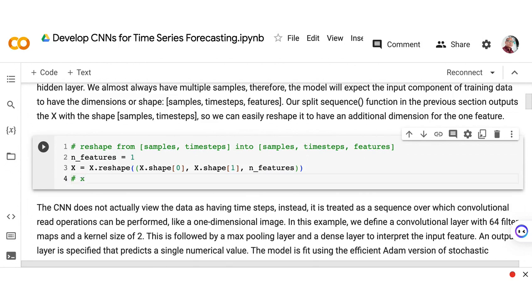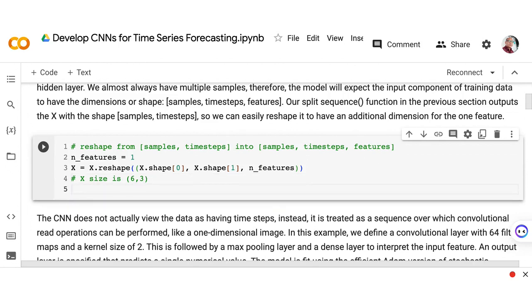When it was reshaped, the size of our x is 6 by 3. Therefore, if we reshape it in such a way that it also contains the number of features, it's going to be 6 by 3 by 1. So that will be the case for our reshaping.